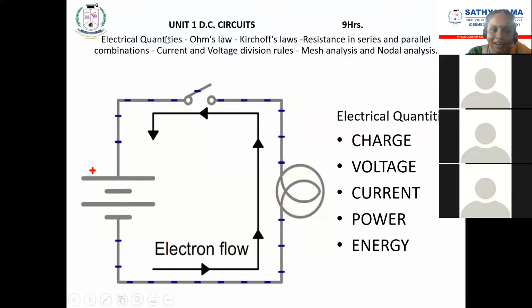I think in unit 1 you have topics. What is the heading for the unit? DC circuits. So you understand that totally 9 hours are there. Once again,